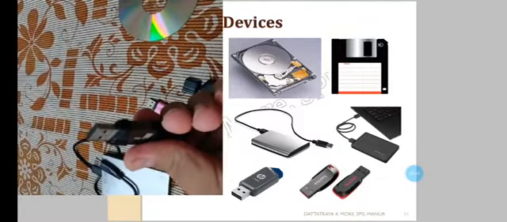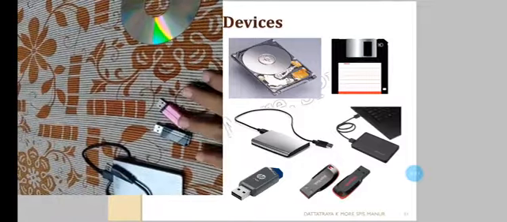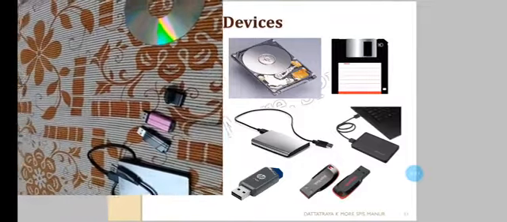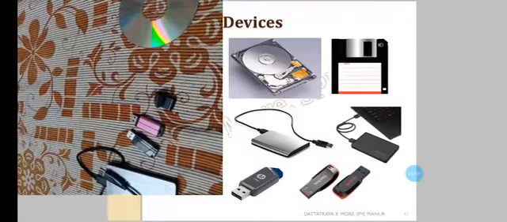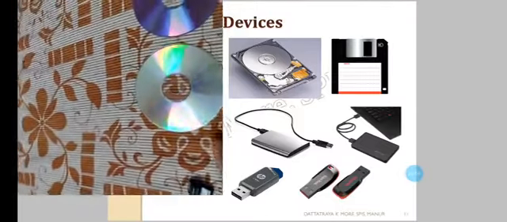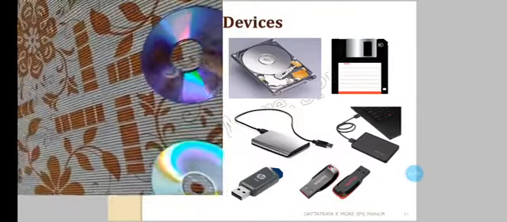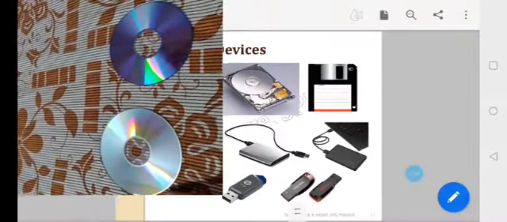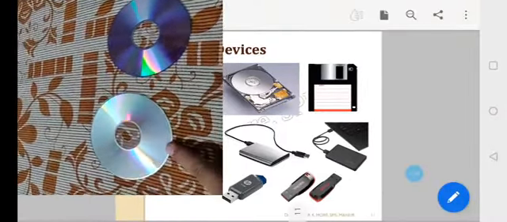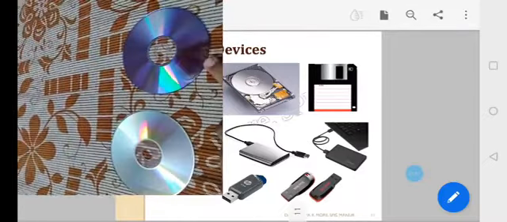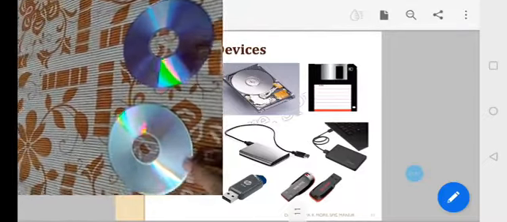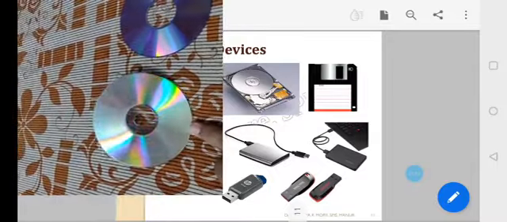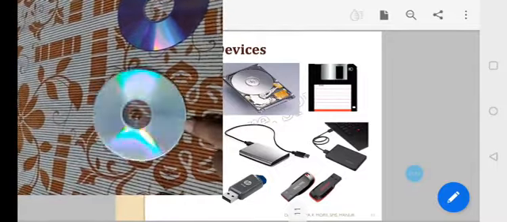So it is USB 8 GB. This is also very good, easy to carry the data from one place to another place. Next one is there. I will show purposefully both things together to you. This whitish one has a rainbow color effect. This other one also has a rainbow color effect, but this whitish one is called a CD, compact disc.